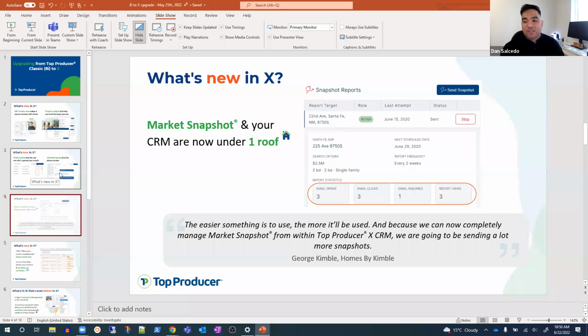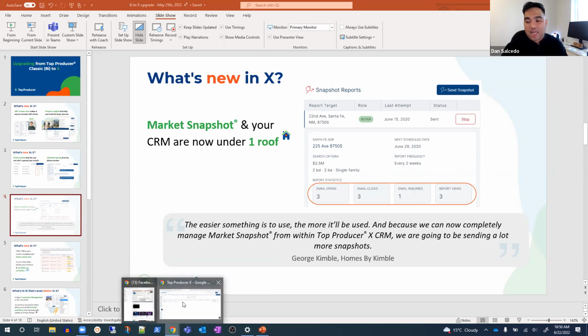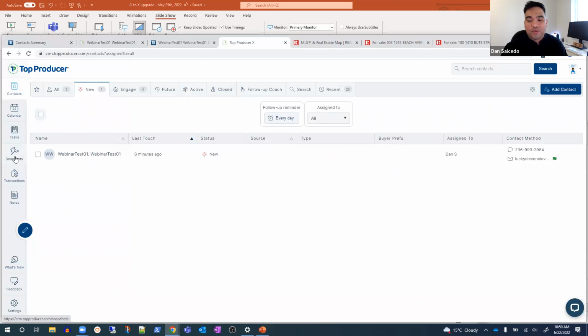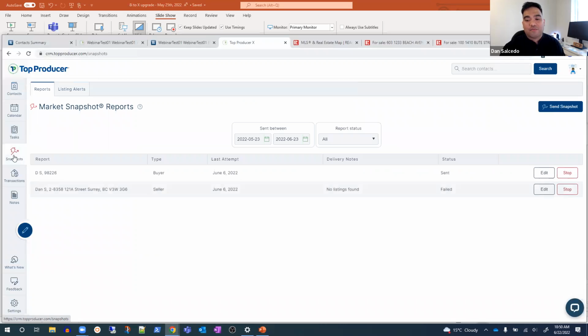The next thing that's new in Top Producer X, if you haven't noticed already, is more for people that have already purchased Market Snapshot. Market Snapshot is now inside the same dashboard as Top Producer X. On the left side, there's a button now that says Snapshots. Prior to Top Producer X, you had to go to a different website called topmarketer.net to log in to your